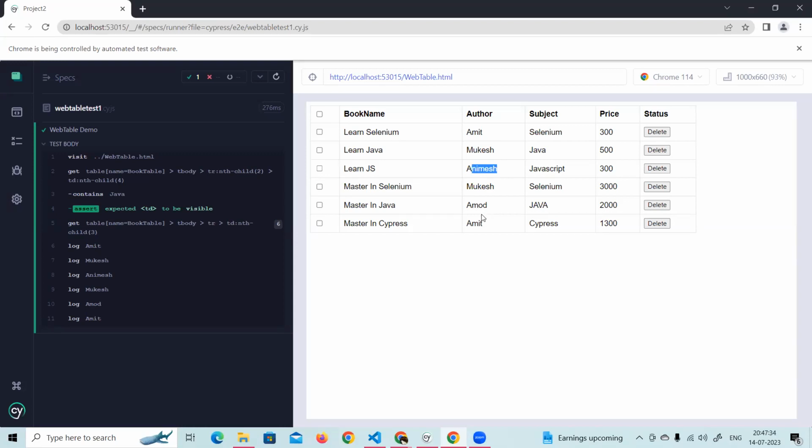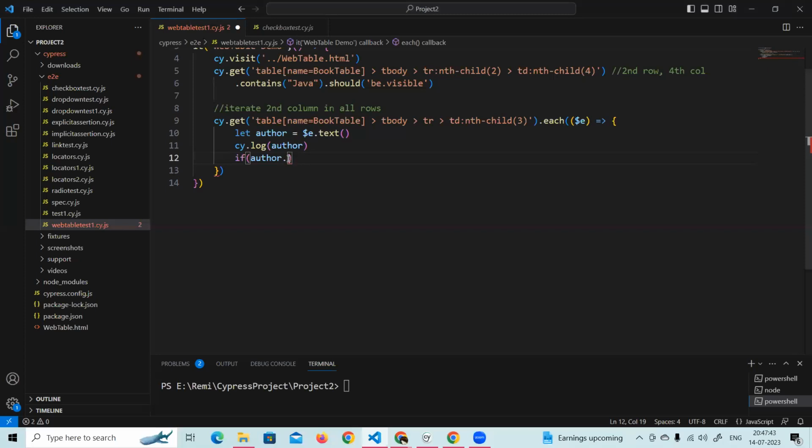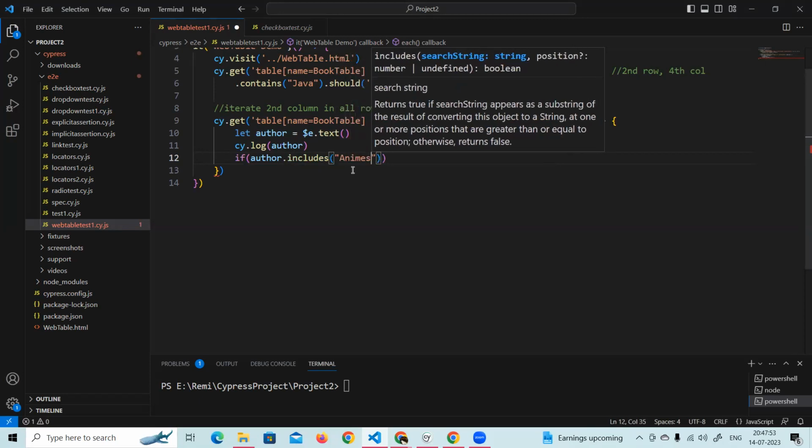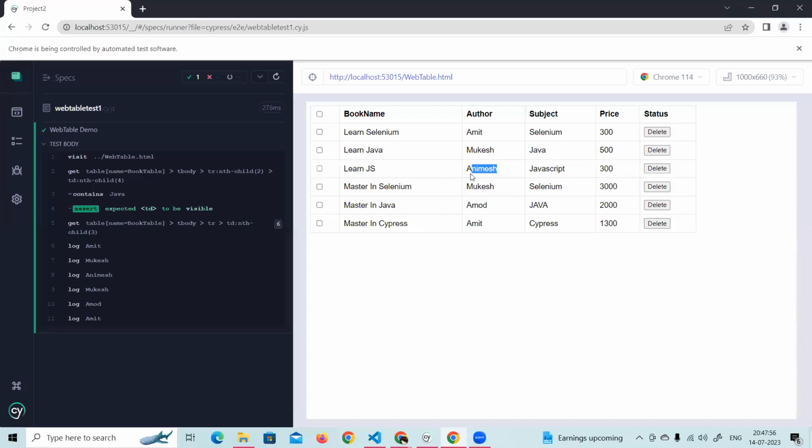Now I want to check, let's say, this guy Animesh. So if author dot includes, there is a method called includes. So if this text matches with this guy, let's say Animesh,